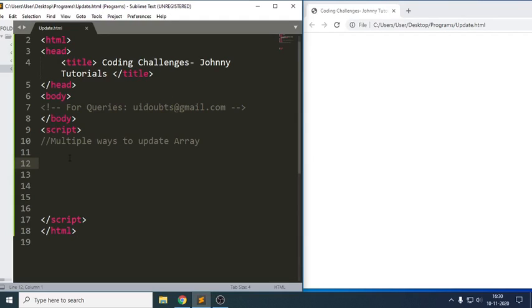Hello everyone, Johnny here. Today in this session, we will learn how to append something to an array, how to append some values to an array. We will check multiple ways in order to update an array. First, let us start with